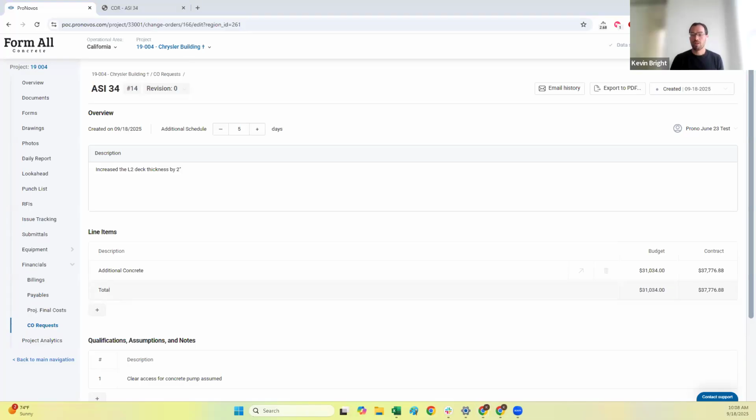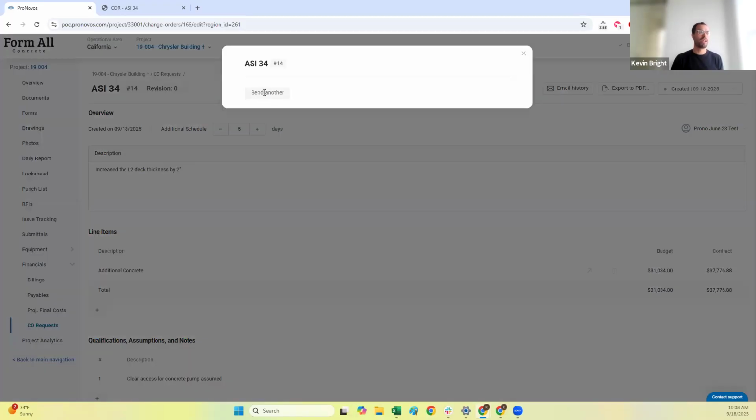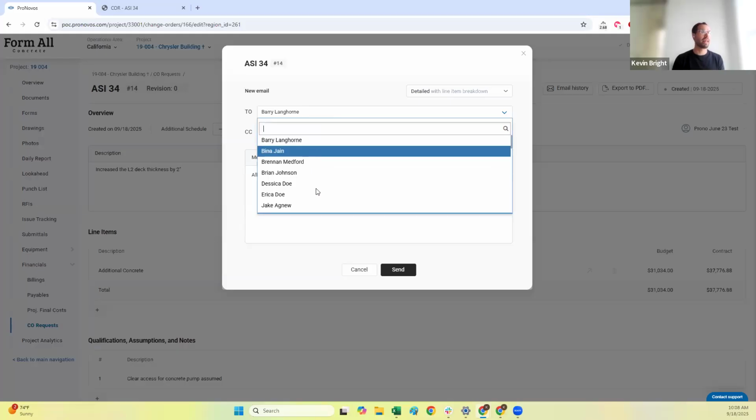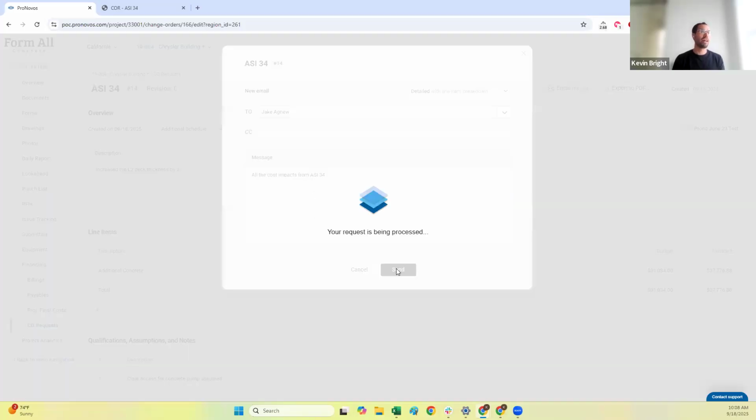And then just some other general changes here. So we've updated how you can do the revision. You can just add a new one here and then go back and select email history. You can come in here, send an email, add any notes. So you can say, hey, this is all the cost impacts, ASI 34. I can select what level of detail I want the PDF to have, who I'm sending that email to, and then when I send it,